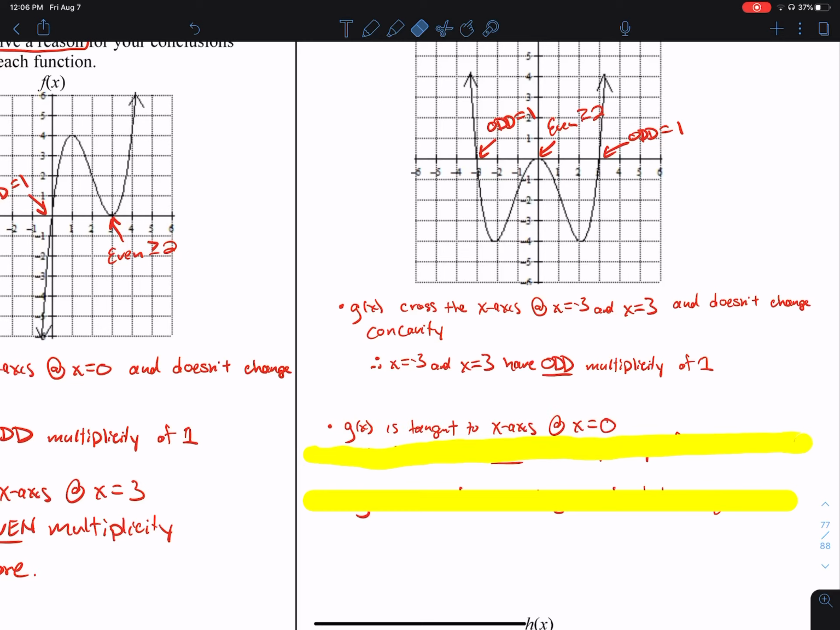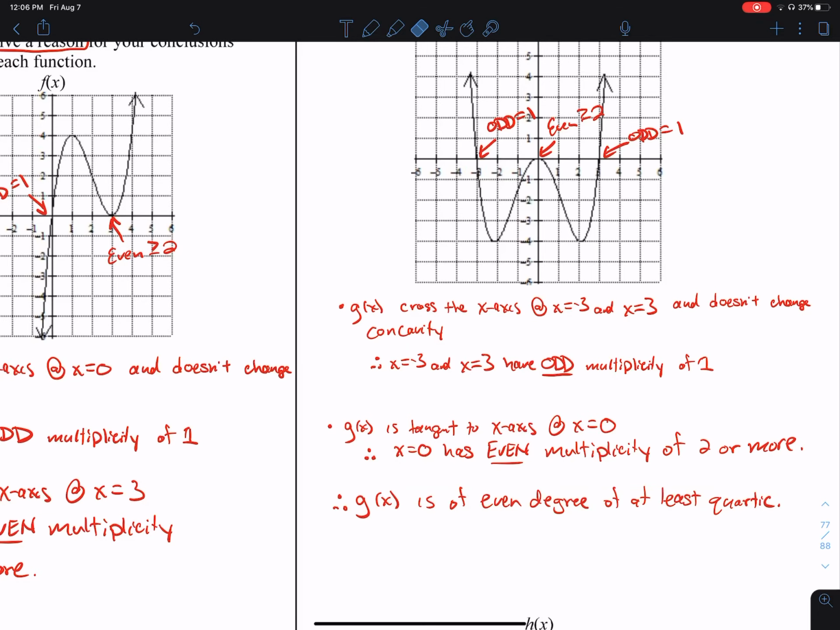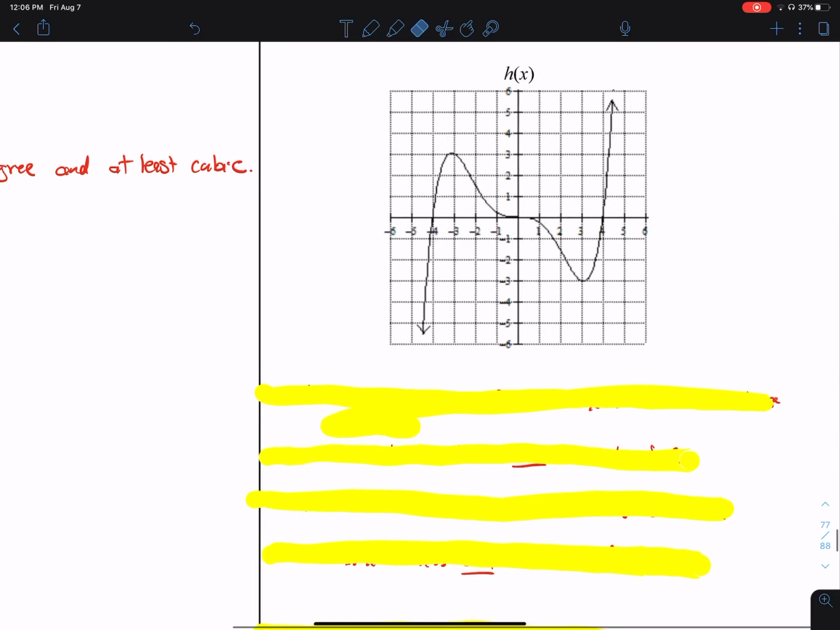g of x is tangent to the x-axis at x equals 0. Therefore x equals 0 has an even multiplicity of at least 2. So 1 plus 1 is 2, plus at least 2 tells us that our degree has to be even, and it's going to be 4 or more. Therefore, g of x is of even degree and is at least quartic. Quartic is 4th degree. Looking at h,